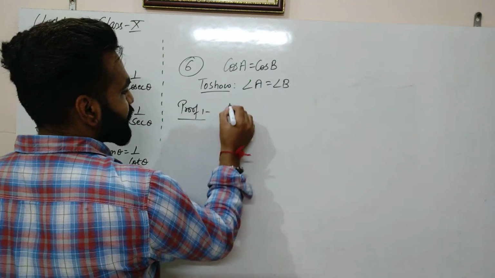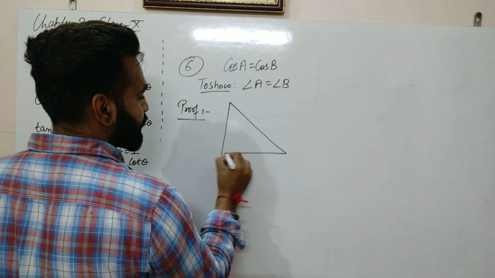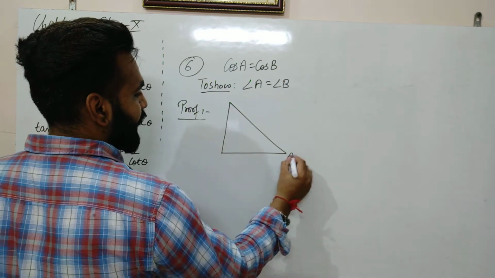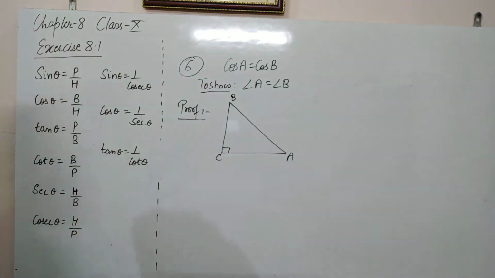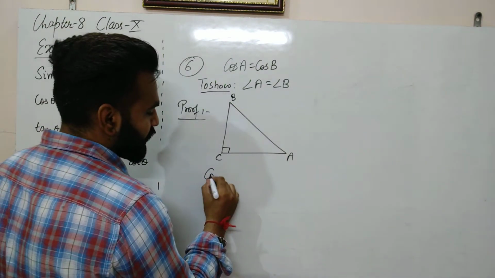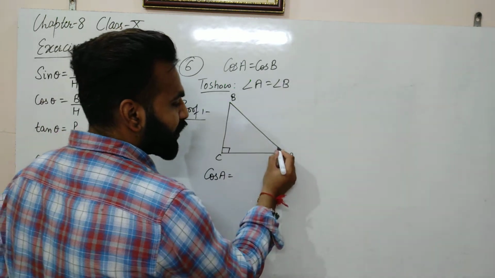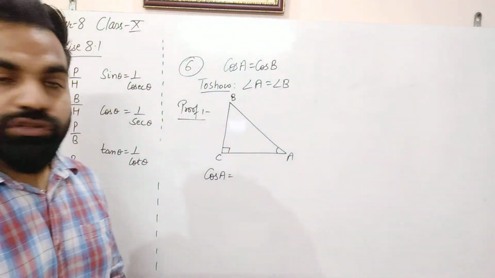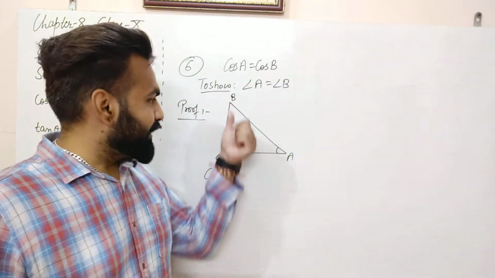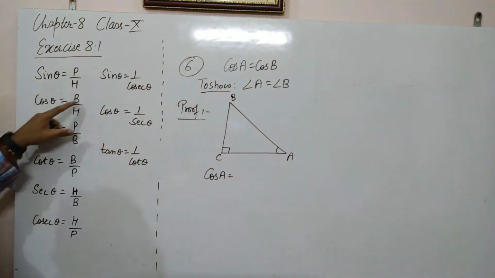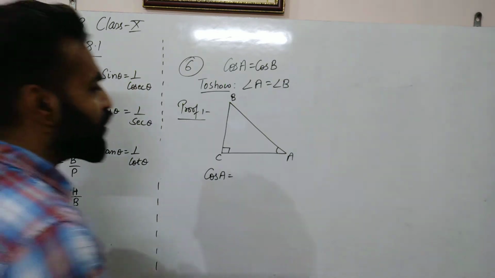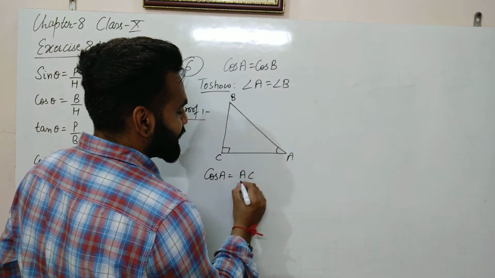First of all, suppose there is a triangle here. This is A, this is B, this is C, right angled at C. Now what is cos A here? When we are talking about angle A, this will be the base and BC will be the perpendicular. And cos theta is B by H. So cos A will be AC upon